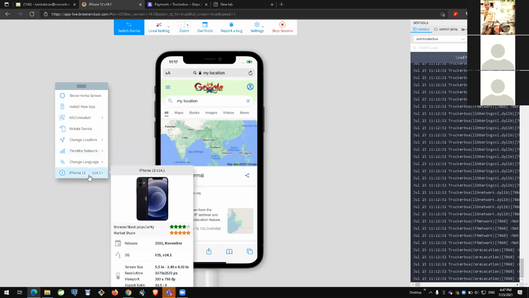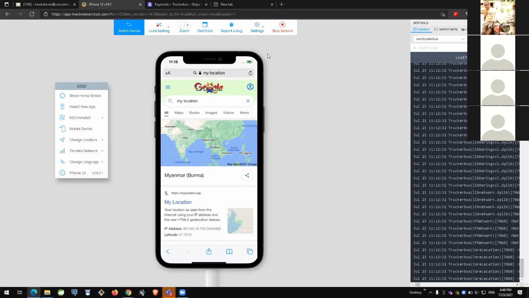And one more feature is, if you want to know more details about this device, you can always go to that iPhone 12 version. You can copy this, and you can paste it in Jira: what version I'm currently using, what the current operating system is, and what the exact issue was that happened in that particular version. We can view all of those in that feature.